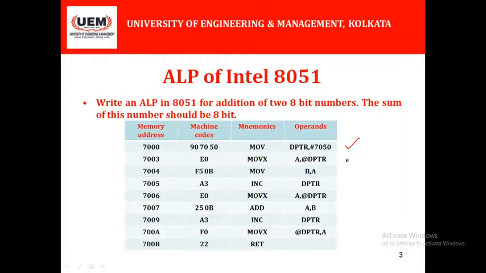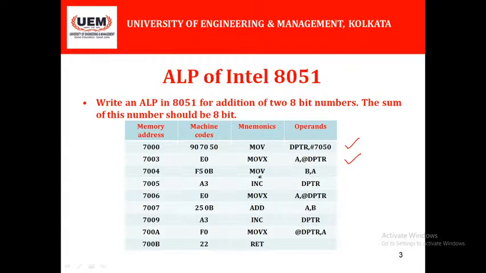MOVX A, @DPTR is our second instruction, through which we are transporting 7050 to DPTR or data pointer register, and with the help of that we are transmitting it to the A or accumulator register. MOVX is basically the instruction through which the value at 7050 is moved to the accumulator register,